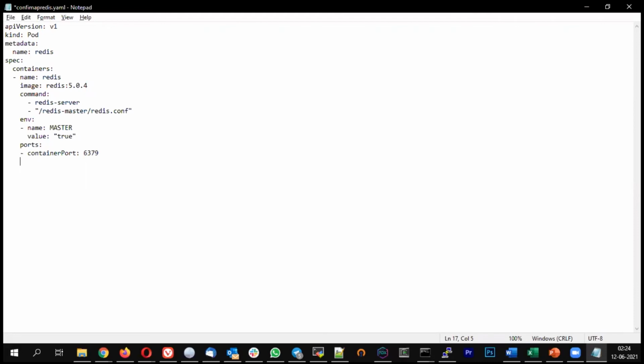So mountPath. I'm going to create two mount paths, one to store the master data, one to store the config. So it will be